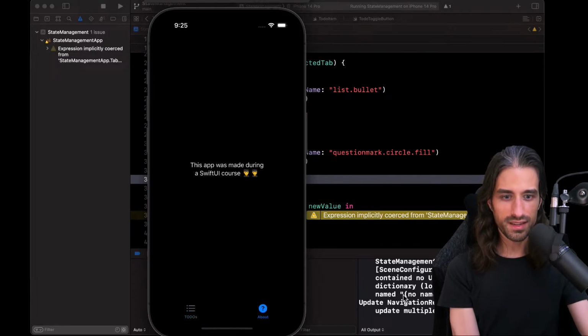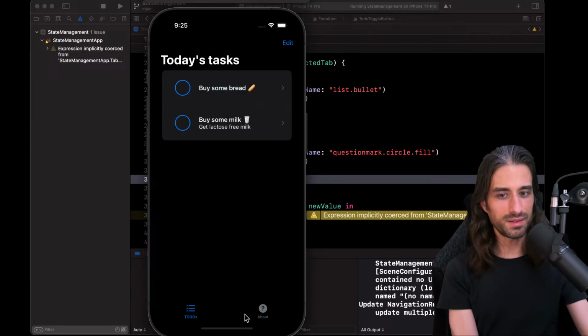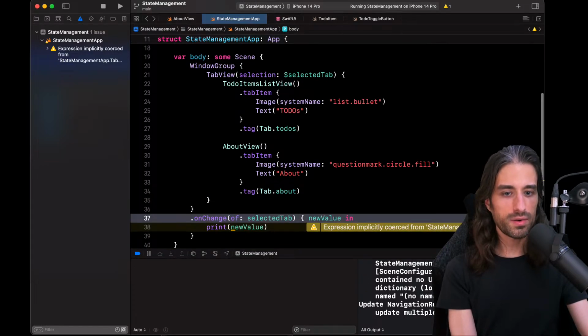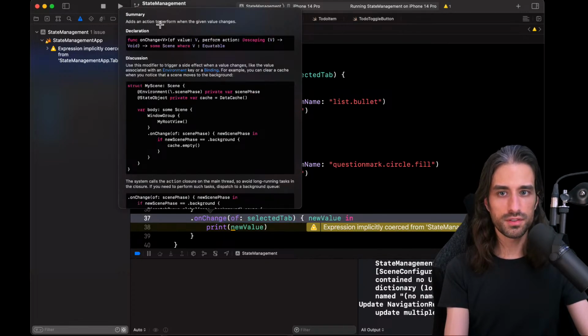Okay, so I have set a tag. It's still not being updated, but it should update, but I'm not sure whether calling, oh, maybe I should call onChangeOf not at the level of the window group, but rather at the level of the view. That's a good point.